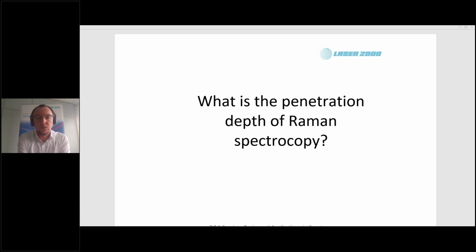So, what is the penetration depth of Raman spectroscopy? Yeah, this question is a bit related to the excitation wavelength you use. In general, one says the redder, or the more red the excitation wavelength is, the deeper it can go. It also depends on the